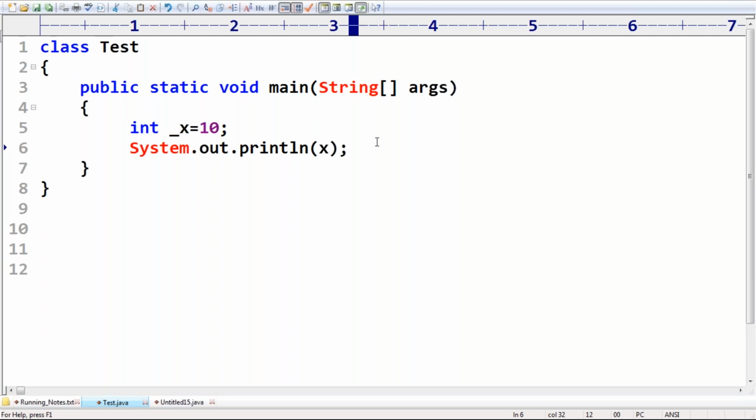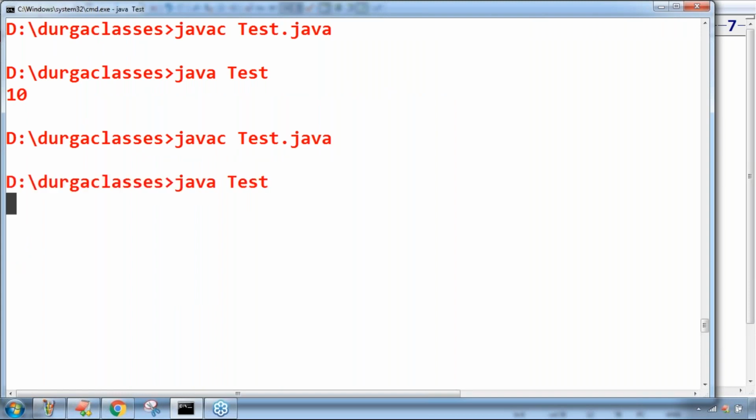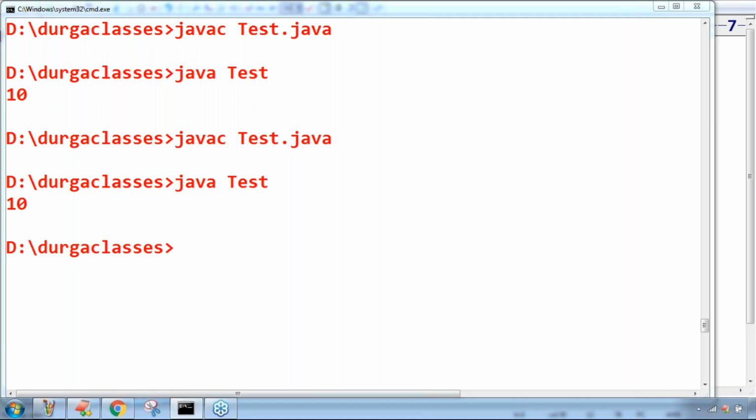It is invalid because you are using if, which is a keyword, as an identifier. Can you please tell what output we are going to get? Here, see this one, _x I am taking. Yes, valid, no problem, 10.